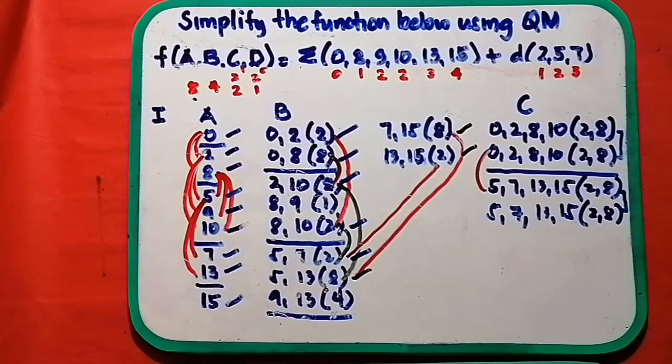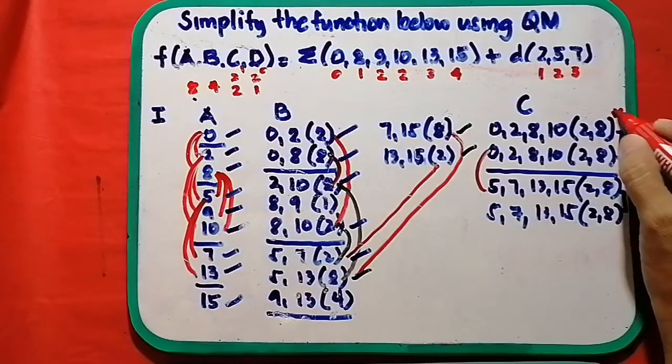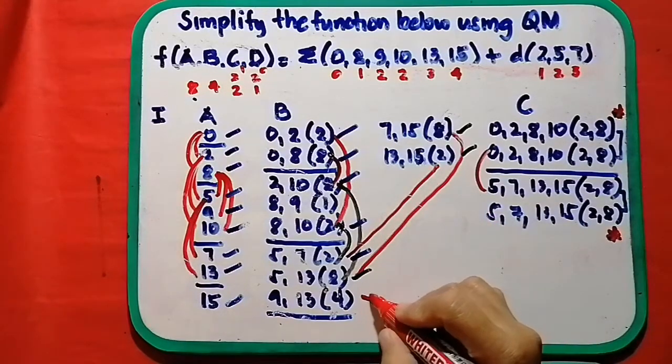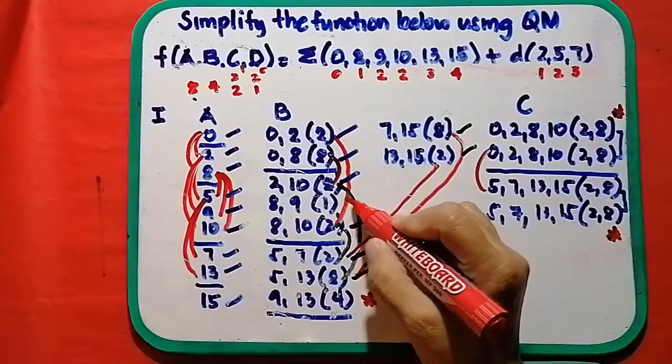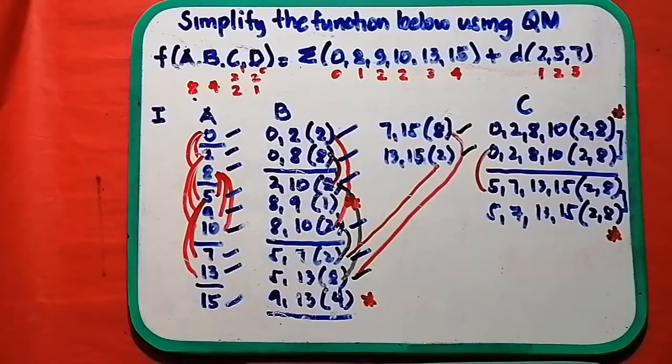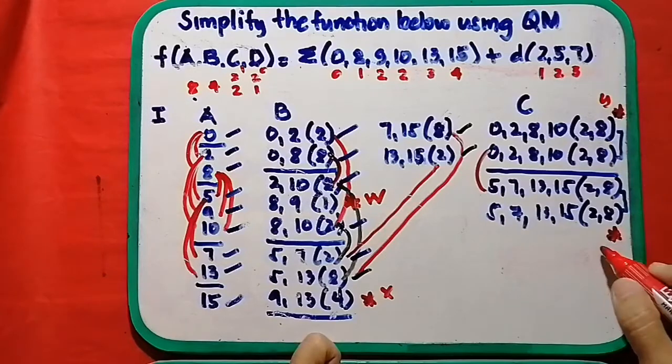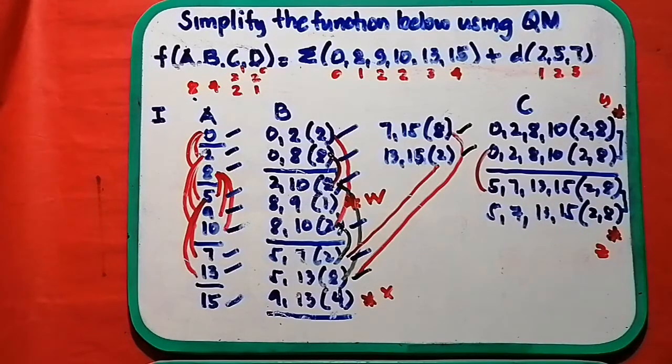Okay, so what are these? So we have here this one. This is another asterisk. This one, and then this 4 here, and this one here. Okay, so we label it as W, X, Y, Z. That can be any letter or letters. Okay, so the next,